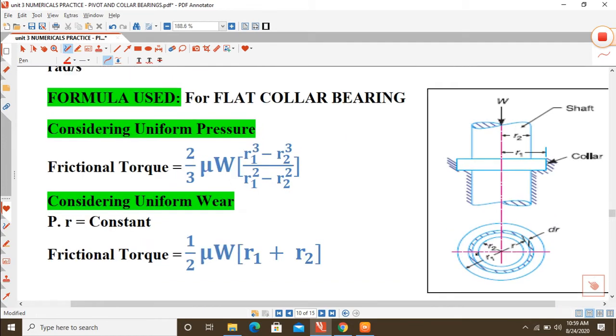So here R1 and R2 are the external and internal radii of the collars, or we can say the internal diameter or radius in this particular case, which is shown. The internal radius of the collar can also be termed as the radius of the shaft or the diameter of the shaft. Clear? So whenever we are saying the internal radius of the collar, it means the diameter of the shaft, as we are neglecting several tolerances and clearances for the analysis and numerical purposes.